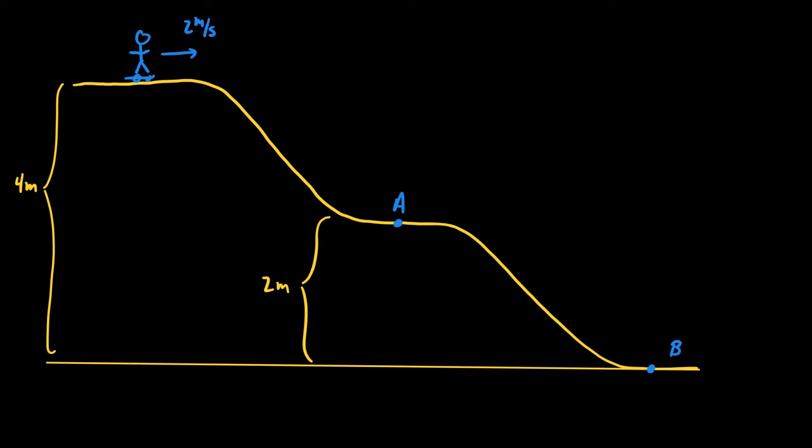at point A and point B. Again, I have a person at the top of a 4-meter platform that has a landing halfway through. The person starts at a speed of 2 meters per second. When they roll down this ramp, how fast are they going at part A and how fast are they going